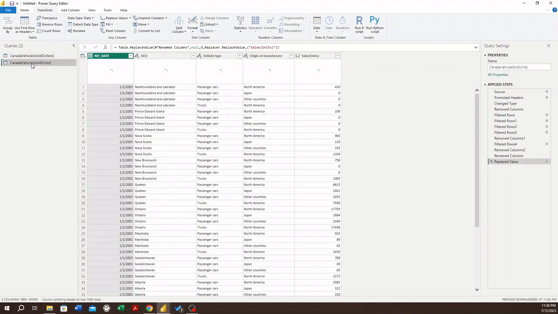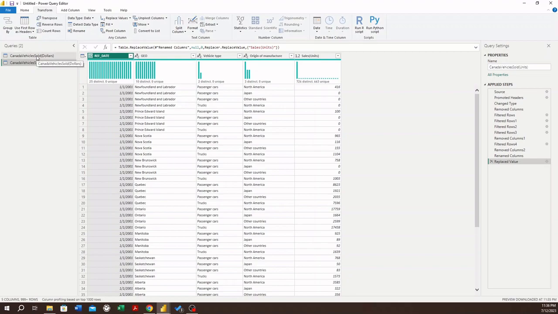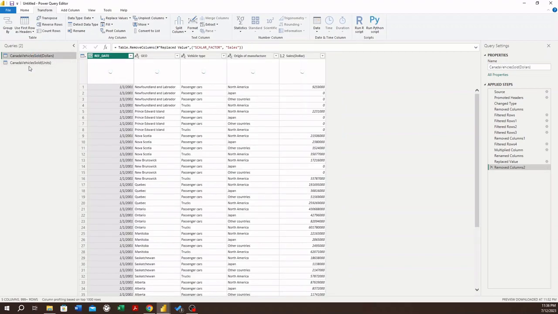So to make it simple, I'm just going to merge the two tables together and bring in the units and dollars into one single table. So for that, I'm just going to select the Canada vehicles sold dollars. I select that, and if you go to